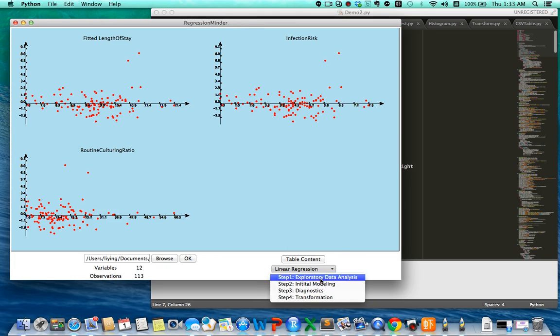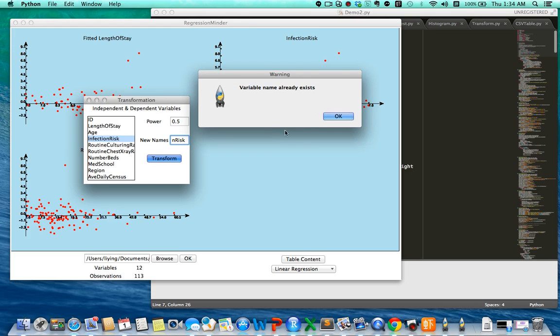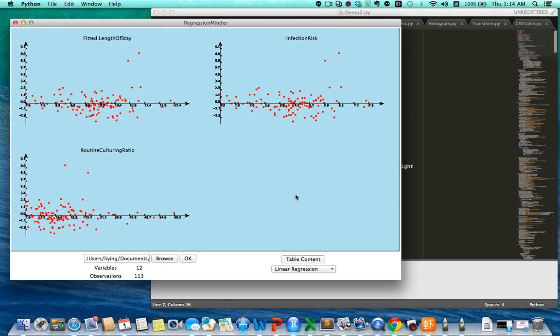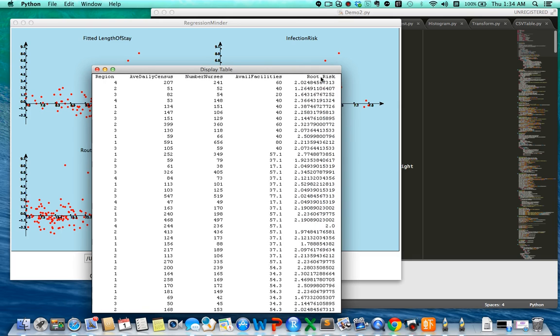For instance, we do some transformation for the infection risk. We did a root, called root risk, so we transform it. But you cannot call it infection risk because that name already exists in the variables. After you transform it, you can see the magic happen. Now you have a variable called root risk. So you can run a regression model based on this existing